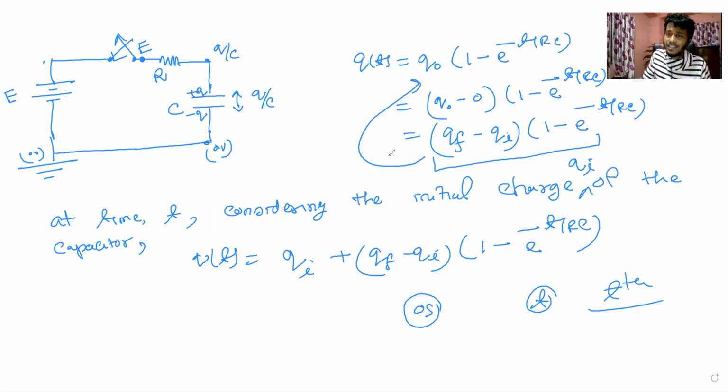Okay. If the capacitor has 0 charge initially, then this gained charge will be the total charge on the capacitor. Fine. But if the capacitor had some charge initially, then what would be the total amount of charge at time t on the capacitor? It would be this gained charge plus the initial charge, isn't it? Yes sir. Have you understood this? Okay. So actually this equation is a more generalized equation. Fine. This equation is more generalized equation, right?